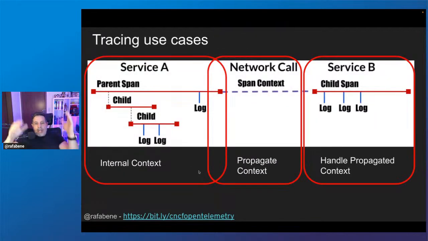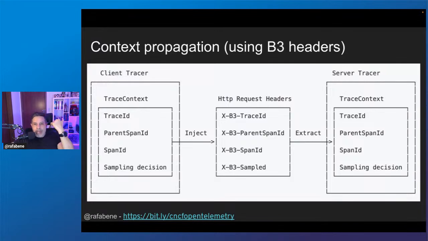Okay. Well, we also saw the tracing propagating its context from one service to another, right? We had microservice A calling microservice B, and we propagate the context over the network, over the HTTP call. And how was that possible? That was possible because in the Zipkin era, there were what were called B3 headers. The B3 headers were this collection of HTTP request headers with the names trace ID, parent span ID, span ID, and sampled. There were 4 headers to propagate data from one